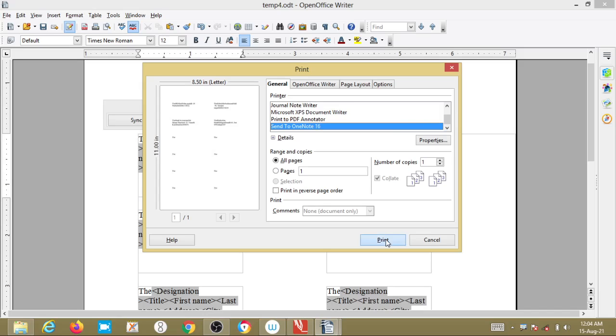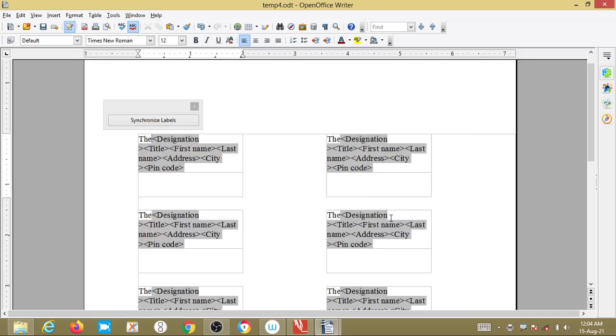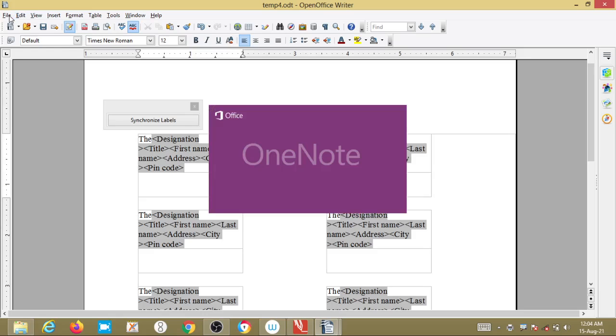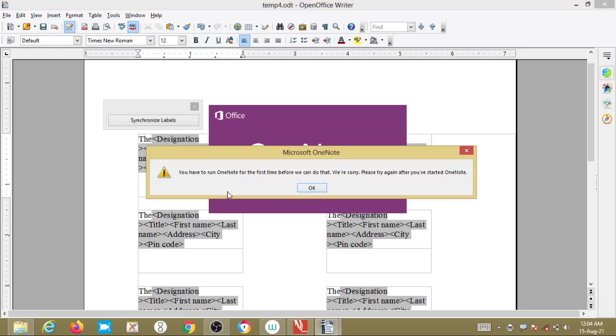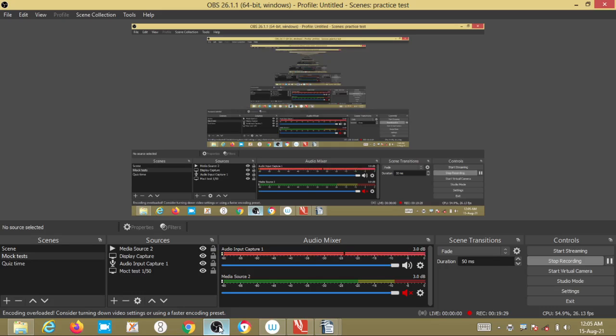Okay, you will get a hard copy of this. Clear? This is the first option. Or if you want to save these labels, here it is not connected to any printer, that's why it is showing like this. If it is connected to a printer, you will get a printout of that particular label.